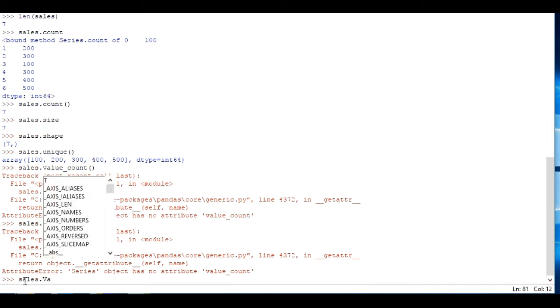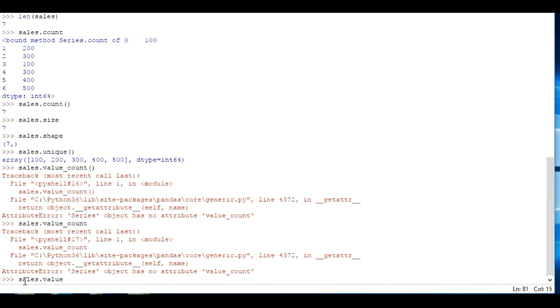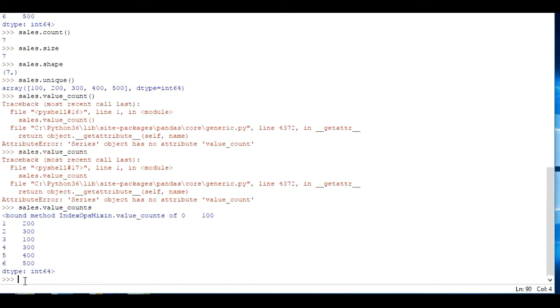Sometimes I am also using this value method for the first time. Yes, here, yes, I have made a spelling mistake. Yes, this is the count, here I have made this,